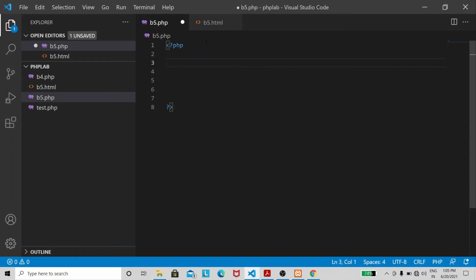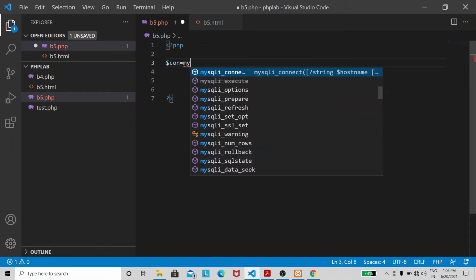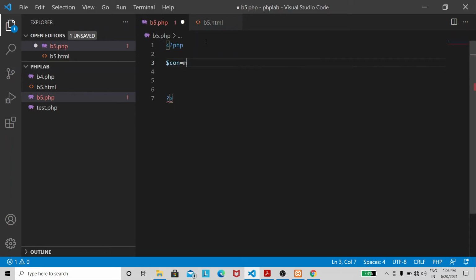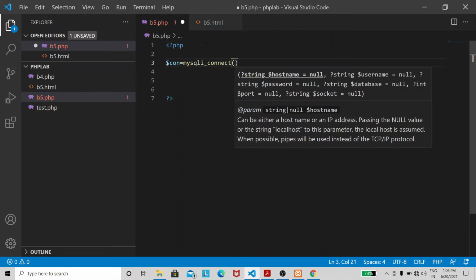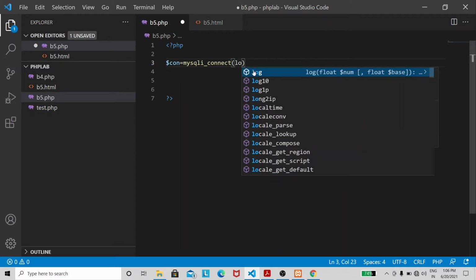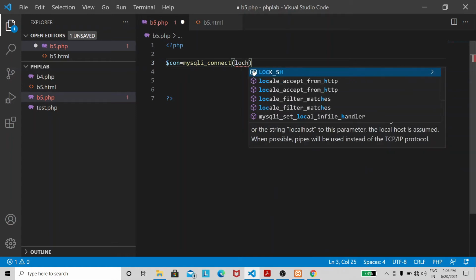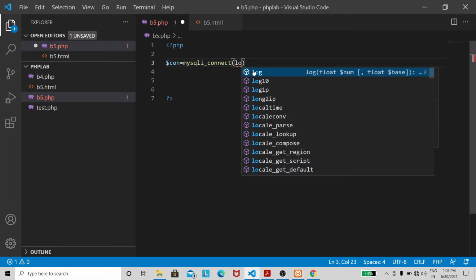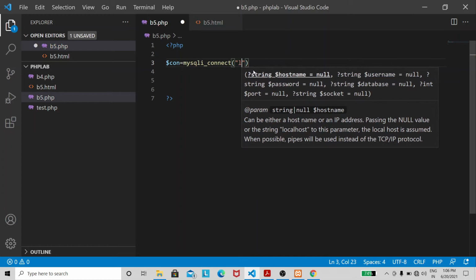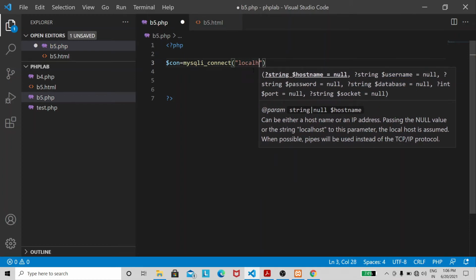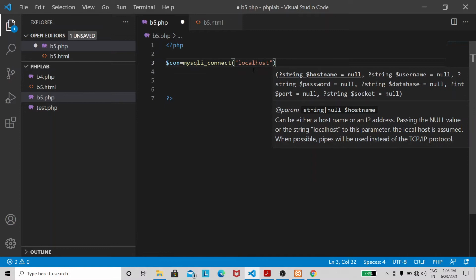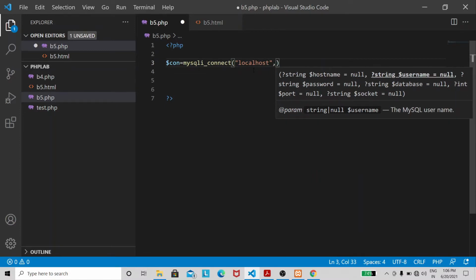First, we need to establish the connection with the database. So $con is equal to mysqli_connect. Here we need to pass the arguments. The first argument is the name of the host. So since we are running it in the localhost, I have to give it as localhost. It's a string. The next argument is the username.